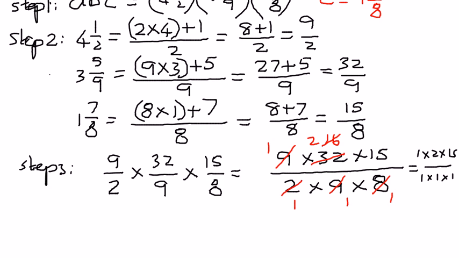So when we simplify that, we're going to come up with the value as follows. 1 times 2 is 2, 2 times 15 is 30, the whole thing divided by 1 times 1 times 1 is 1. Therefore, the value we arrive at is equal to 30, like that. So we have written the product in its simplest form, and the simplest form in this case is equal to